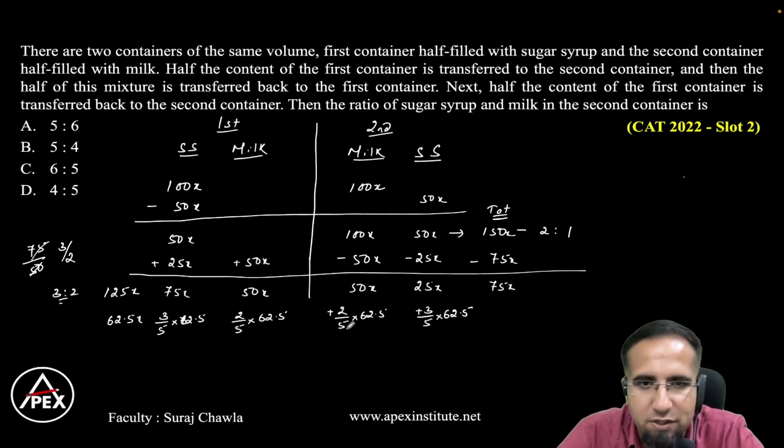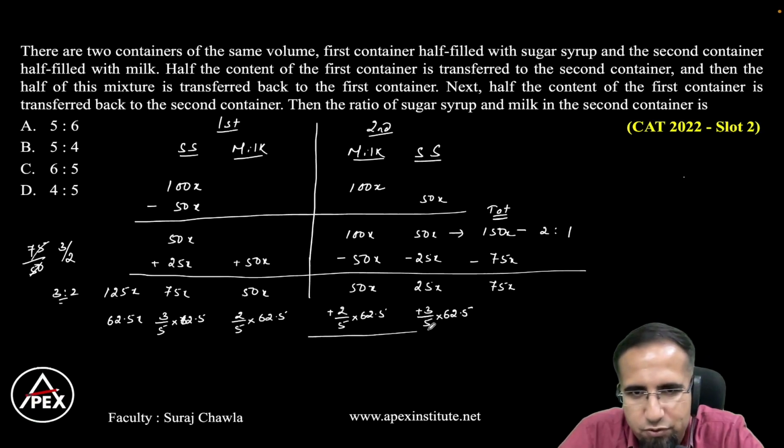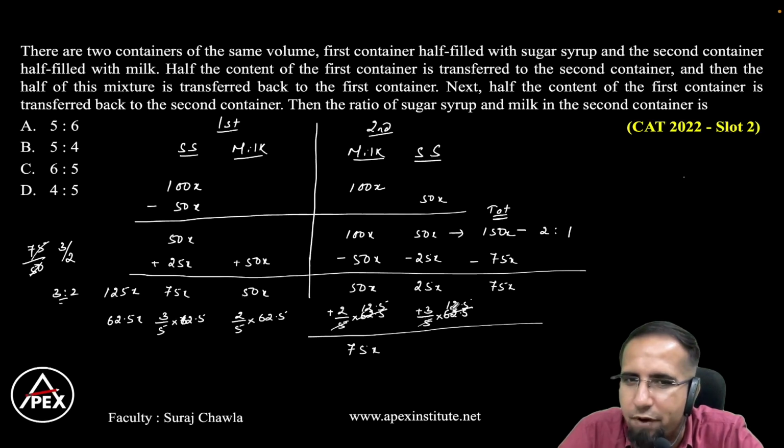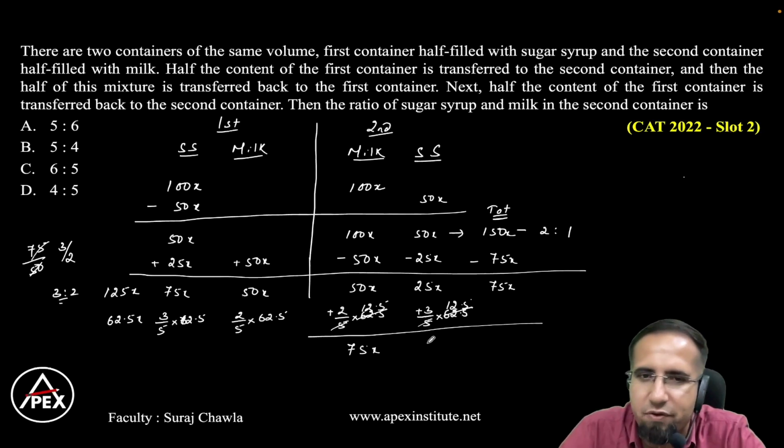That means we want these values, only these two values. So this is 5 into 12.5. Now 2 into 12.5 will give you 25. 50 plus 25 will become 75x. This is 5 into 12.5. Now 3 into 12.5 is 37.5. 25 plus 37.5 will give you